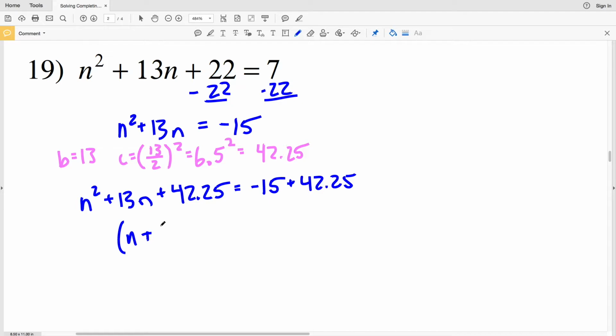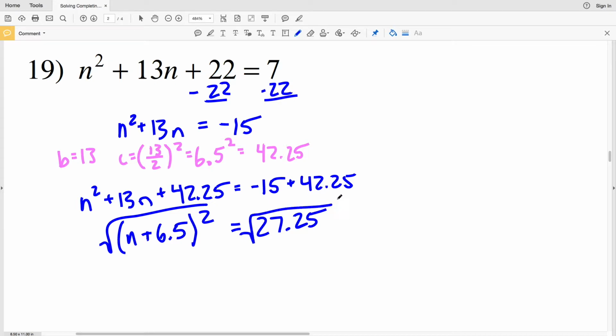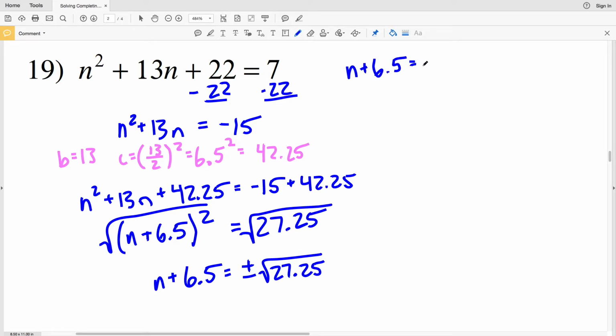So we'll have n plus 6.5, and that quantity squared, that's going to be equal to negative 15 plus 42.25, which is a positive 27.25. So now we're going to take the square root of both sides. So n plus 6.5 equals either positive or negative square root of 27.25. So when n plus 6.5 equals the positive square root of 27.25, subtracting 6.5 from both sides, we'll get that n is equal, typing that into our calculator, the square root of 27.25 minus 6.5 will equal negative